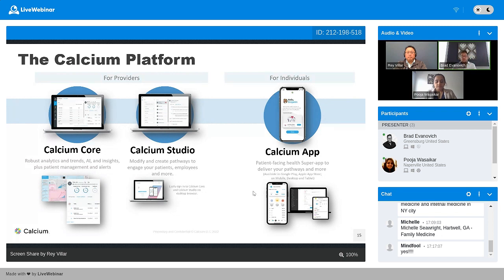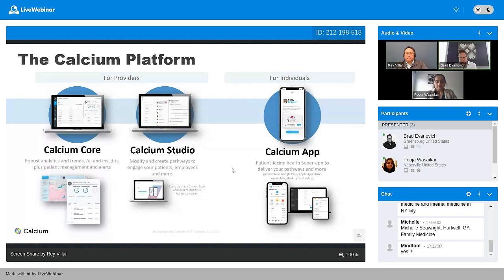It's what the patient or the individual or the member or consumer would see. It's patient facing. It allows you to pick up those data points from Calcium Studio via the pathways. We integrate with over 550 medical and non-medical devices.